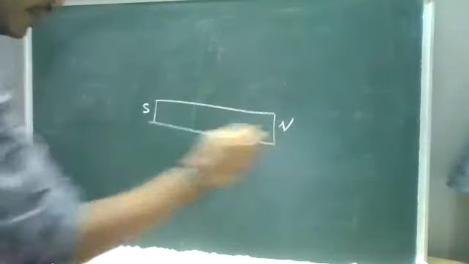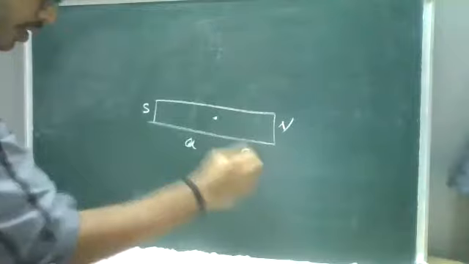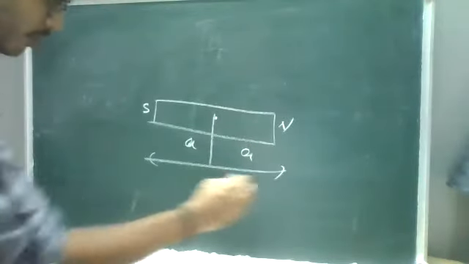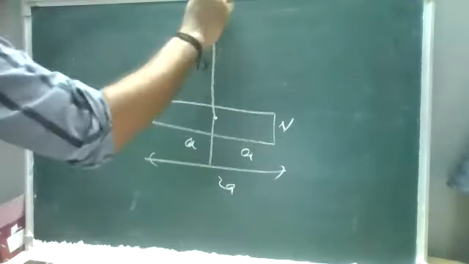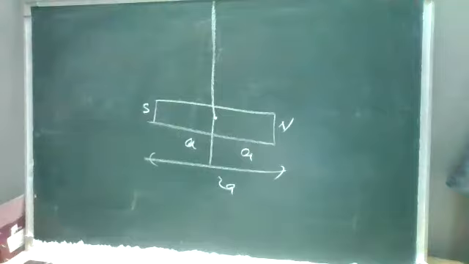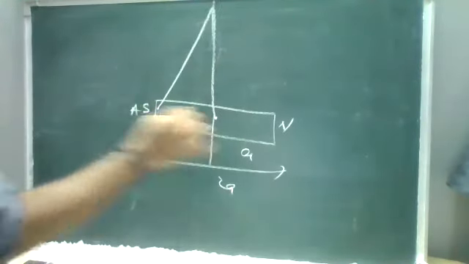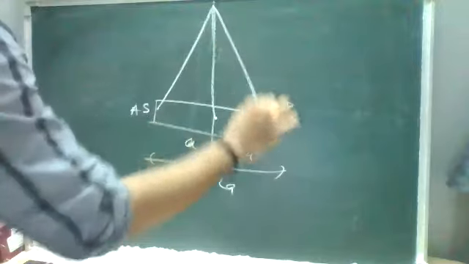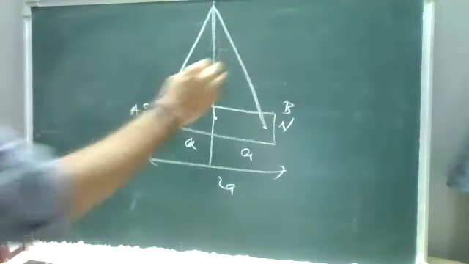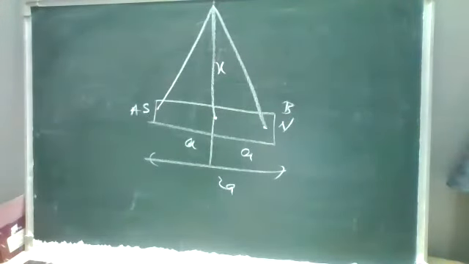For equatorial, now the perpendicular point, same bar magnet. So this is S, this is N, from the center the distance is a and a, the total distance is nothing but your 2a. So I'm taking a perpendicular point. So for this perpendicular point, assume it is A point, and assume it is your B point, A point to B point. I'm taking this distance as x.